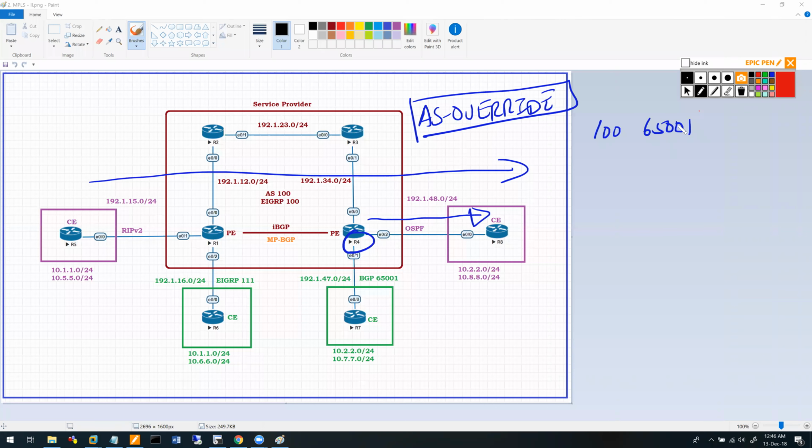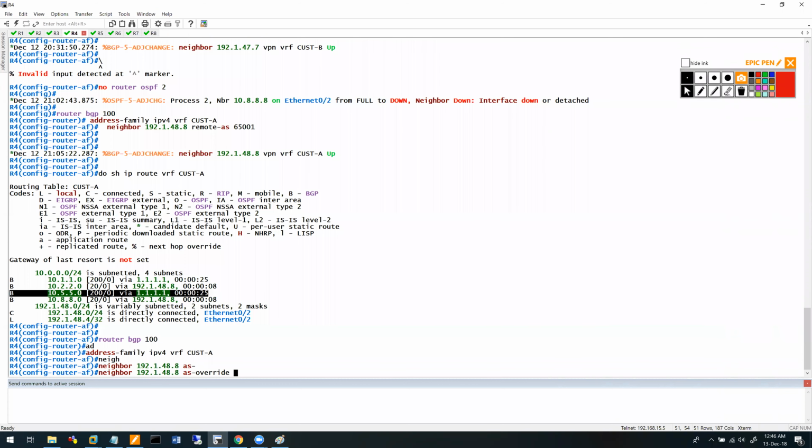I am going to replace the 65001 with my AS. So the AS path now that CE will see is 100. That will not discard it. Understood? So how do I do it? I go to router 4,